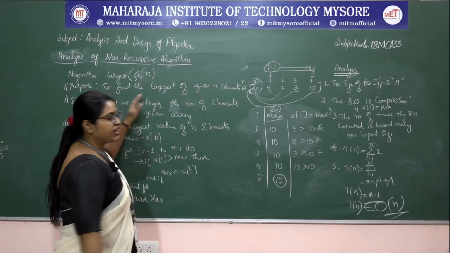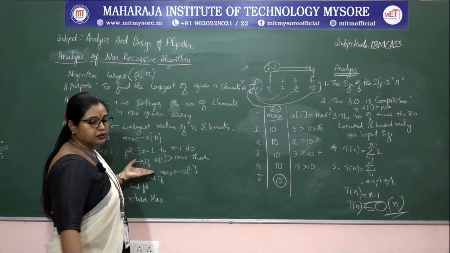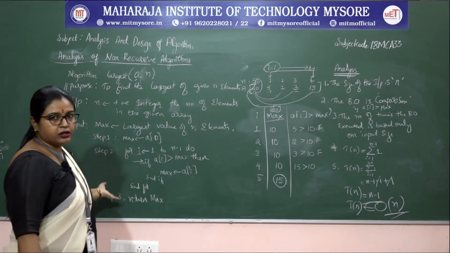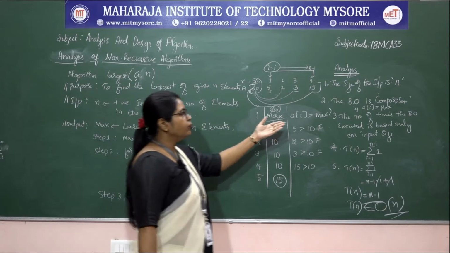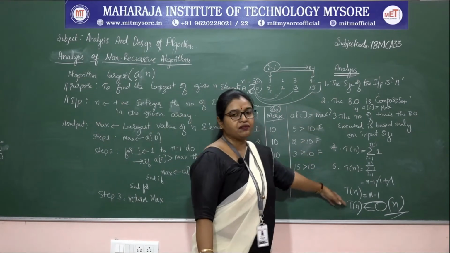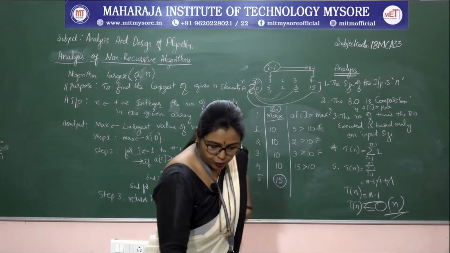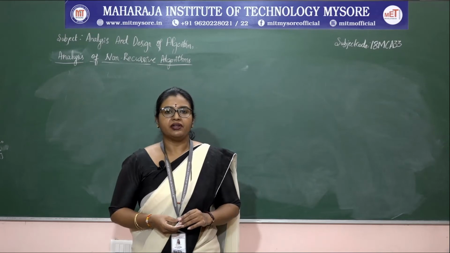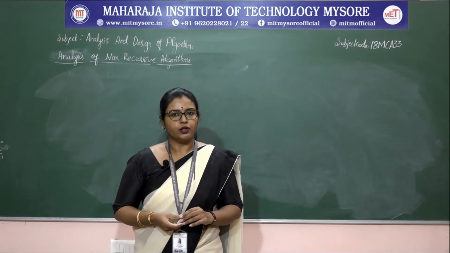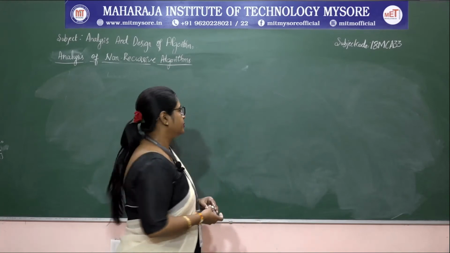The problem was finding the largest number, and for that we designed the algorithm to find the maximum value, and this is how we calculate the time efficiency for the given algorithm. Okay, so the next problem is whether the given array elements are distinct or not. Let me take an example for designing the algorithm.